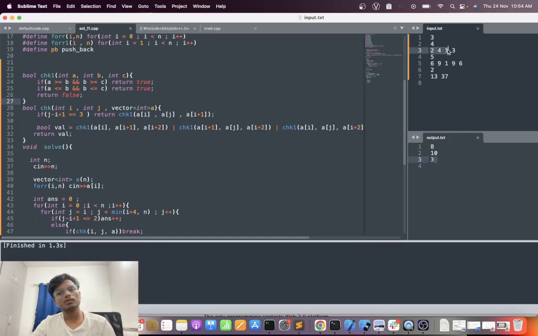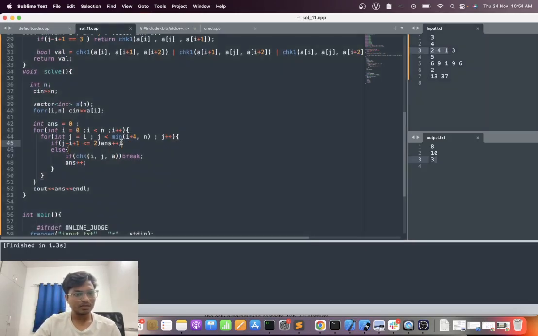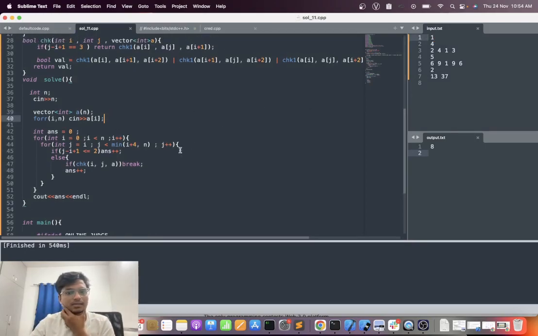It is not increasing, not decreasing, so it must give an answer less than 2. Okay, let me check for this first example. So this is giving 8 as the answer. If I am just stopping this one, okay,